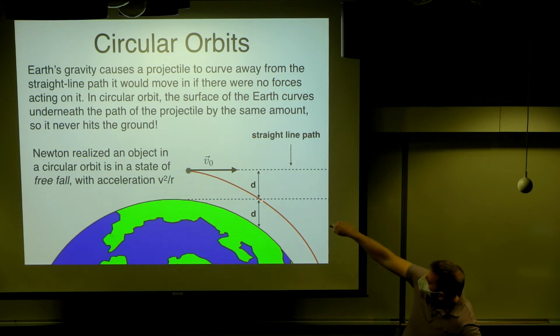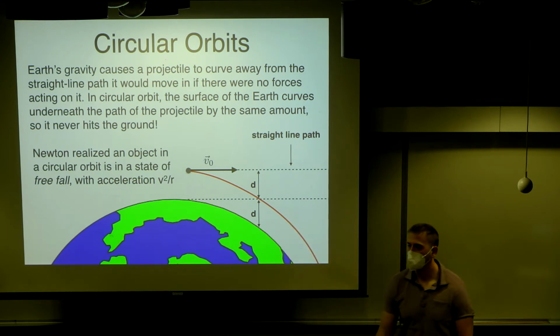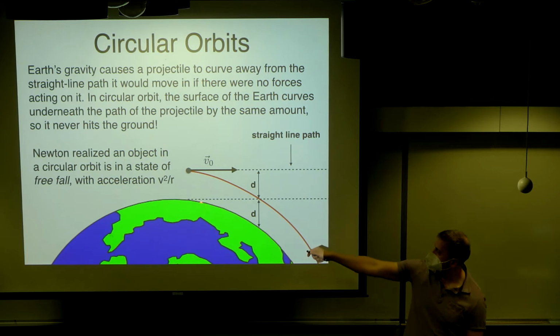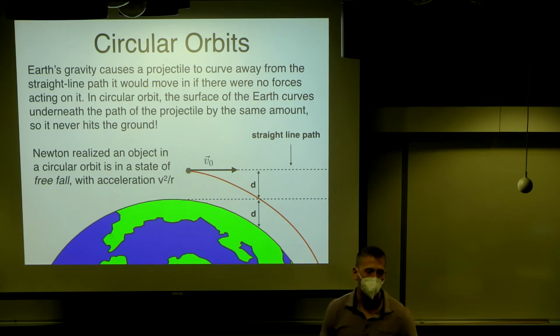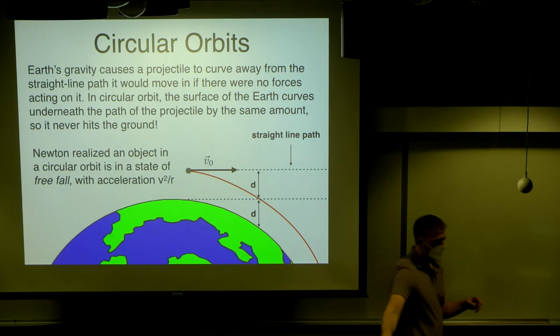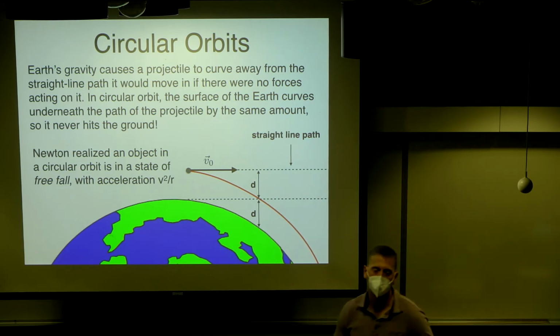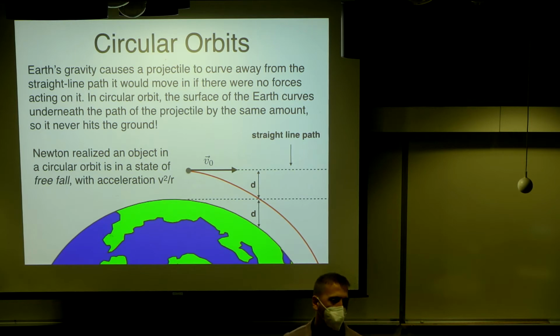But then we'll show its actual path in red, like this. And we can see that the red path sort of curves away from the straight line path by some distance d, okay? What we're imagining is the Earth's surface itself is also curving away by the same distance d. And that way you never hit the Earth. All right? So, any questions so far? I know I'm throwing a lot of background information at you. Okay. So,